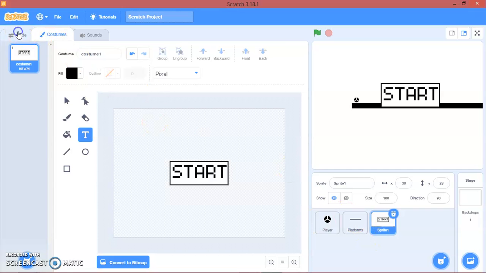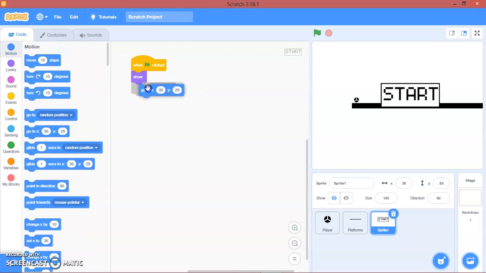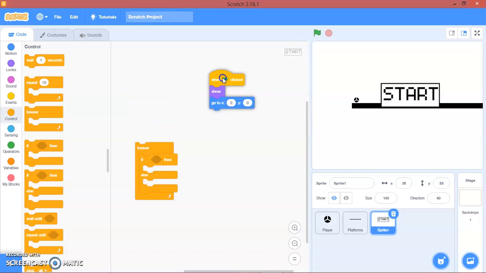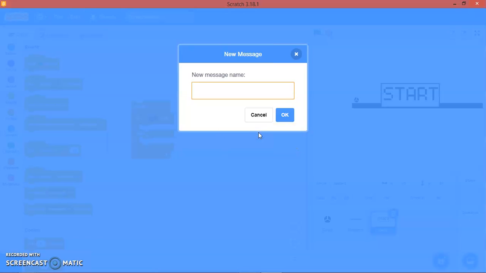So go to code, events, when green flag clicks, we'll show it. We will go to X 0, Y 0, and then forever. We'll do an if else block here. Oops, sorry. We'll drag this here, and then we'll go to events. We'll broadcast message start button,